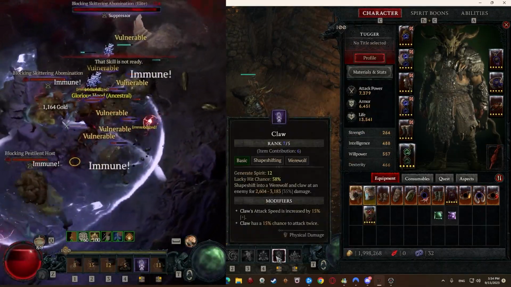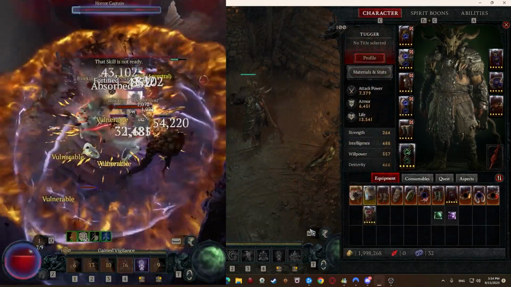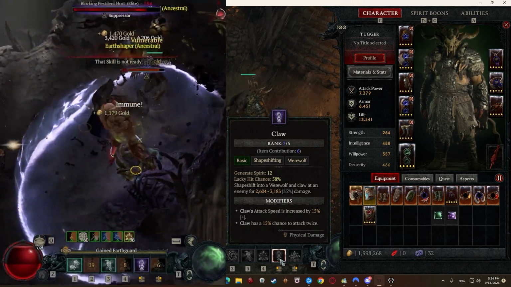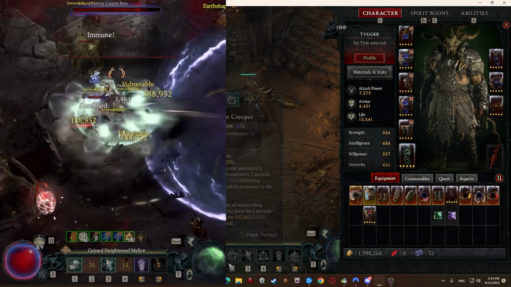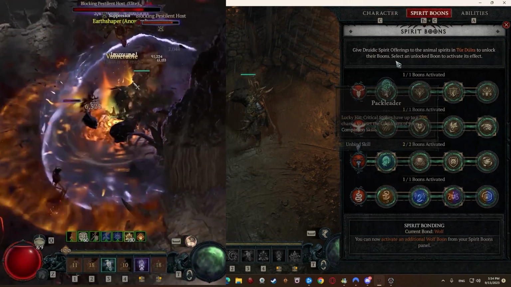So this turns our Claw into a Storm skill, and it also allows us to use Claw, which has the highest lucky hit coefficient, right? So it's going to proc our Nature's Fury as well as our Pack Leader a lot, so we'll just be